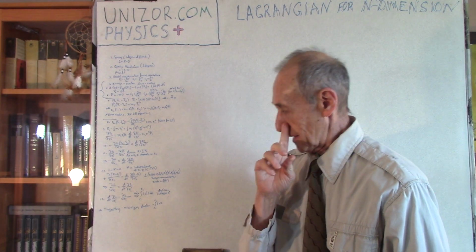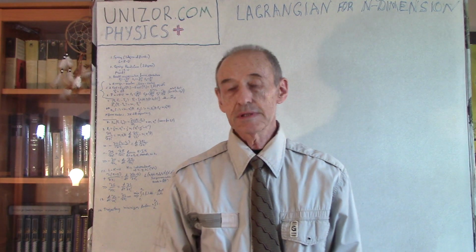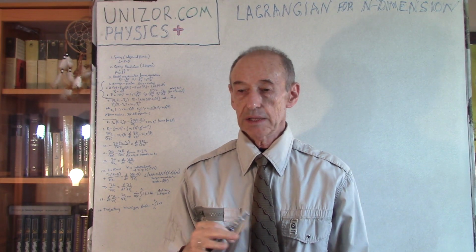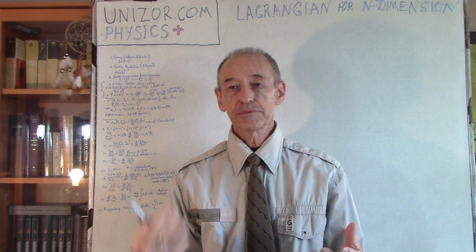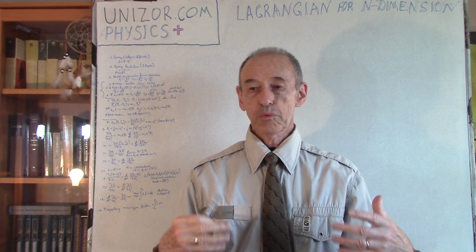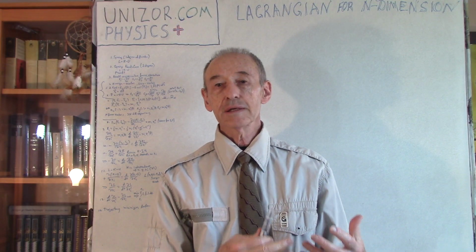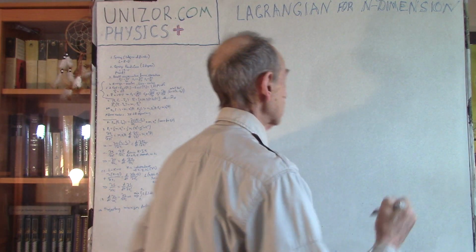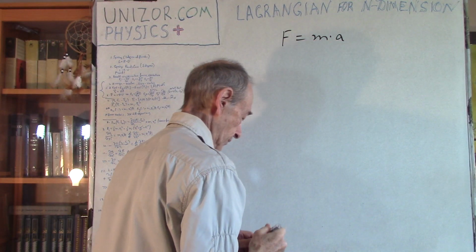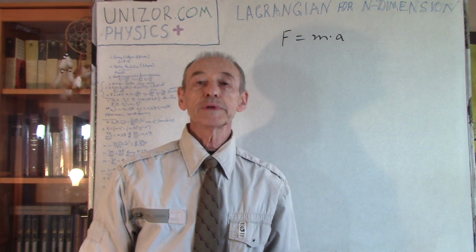Okay, so last lectures in the course of Physics Plus were about Lagrangian. Lagrangian mechanics is kind of not a replacement, but it's a different view to the same problems Newtonian mechanics was developed for. The quintessential of Newtonian mechanics is the second Newton's law, which is basically that force is equal to mass times acceleration. Now the problem is that in simple cases this is simple, but in more complicated cases,